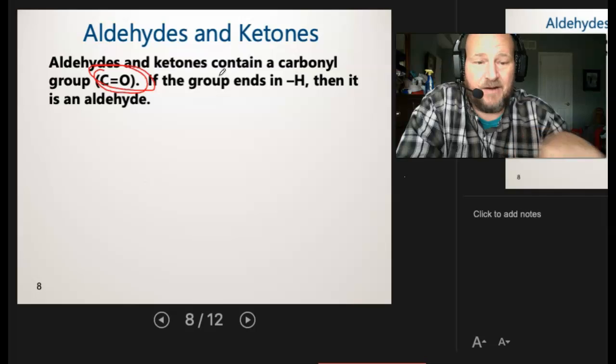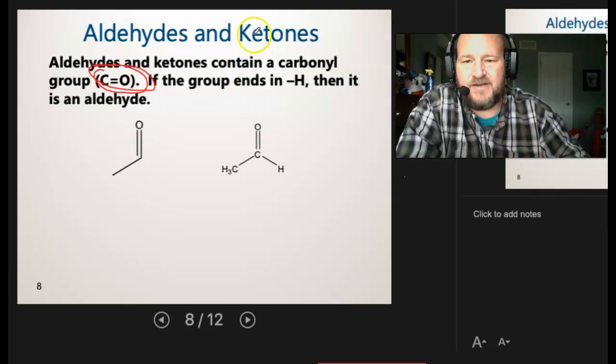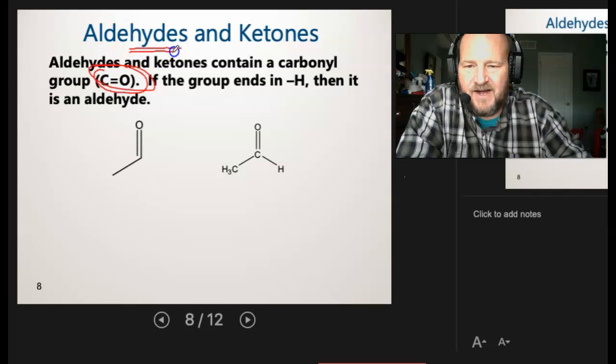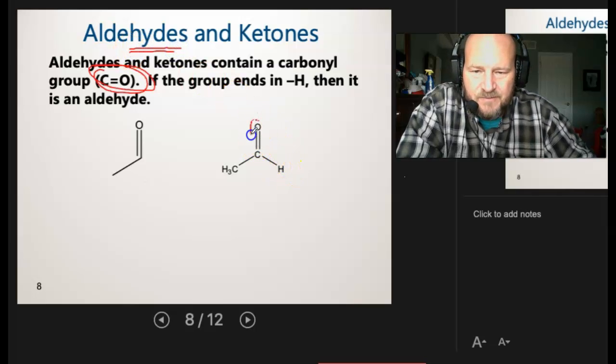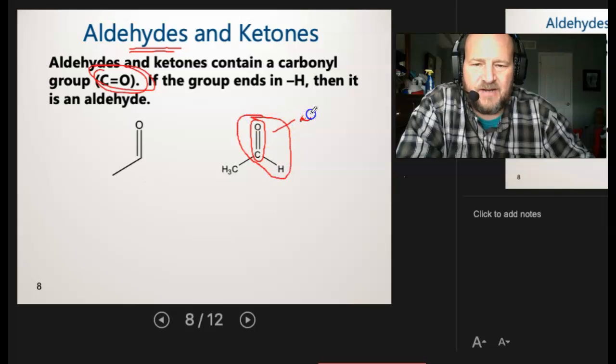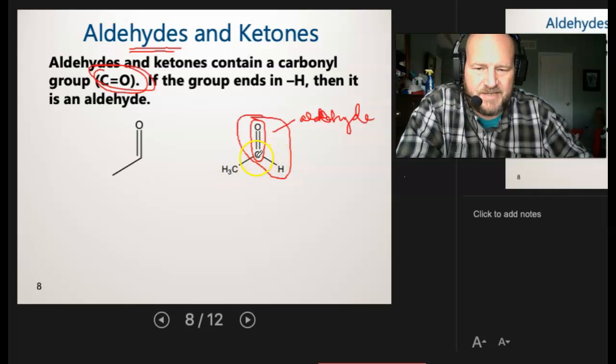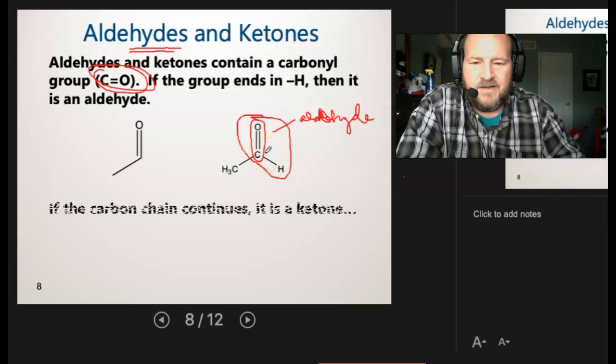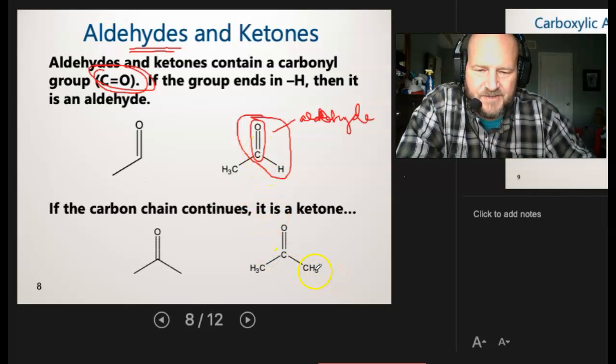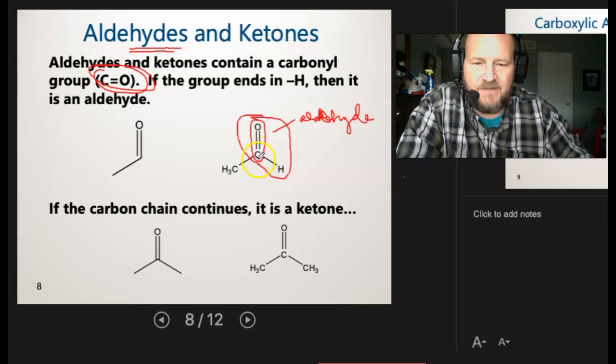Now the first thing it could be is an aldehyde. To be an aldehyde, and you kind of see it's in the name, hydrogen, and we have hyde. So here I have the carbonyl, right? Once I see that I have a hydrogen connected to it, this whole thing with the hydrogen becomes the aldehyde. Aldehyde, there we go. All right, so it's got to have the hydrogen connected directly to the carbon of the carbonyl. So if there's a carbon connected to the carbonyl and another carbon, that's going to give us a ketone. Okay, so the hydrogen has to be connected to the carbon of the carbonyl.